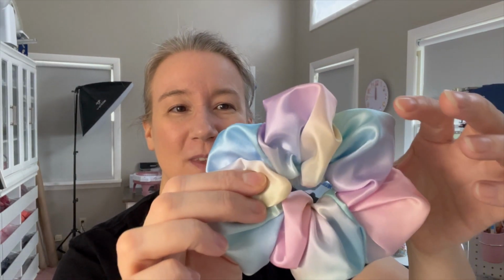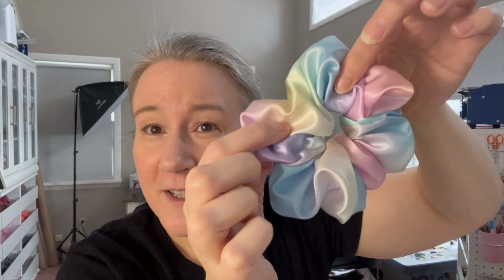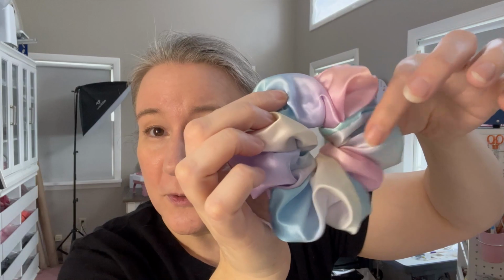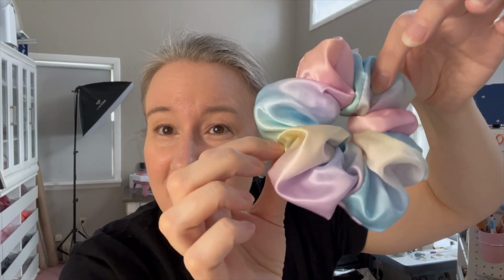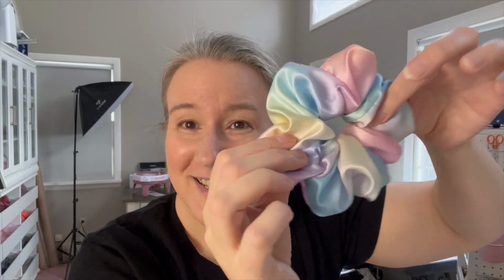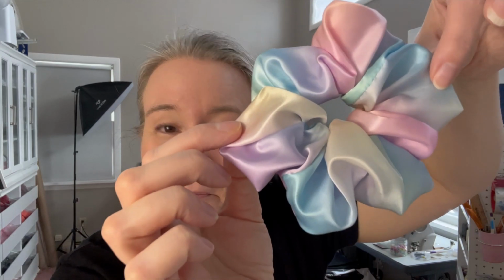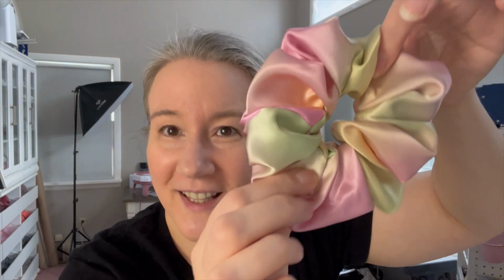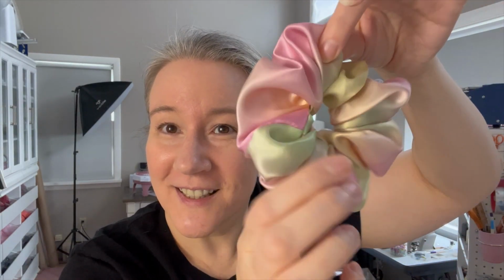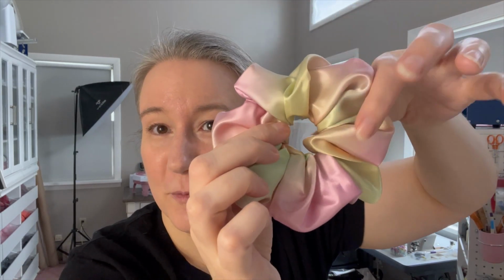Now those are just two colors that I used. I actually tried 3 and 4. I have 4 colors on this. As you can tell, I got lavender, yellow, a blue, and a little bit of green, but I think that's because I mixed a couple of colors to make that. So there's 4 colors in this, and it looks kind of neat. And I also tried 4 colors on this, and that's green, pink, a little bit of yellow and